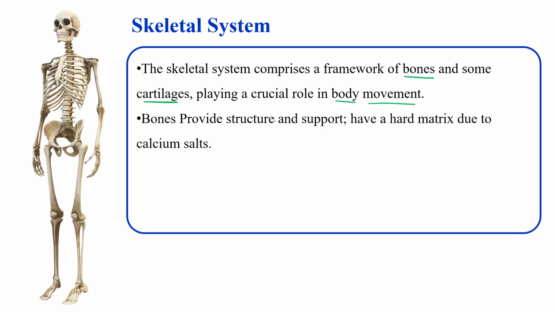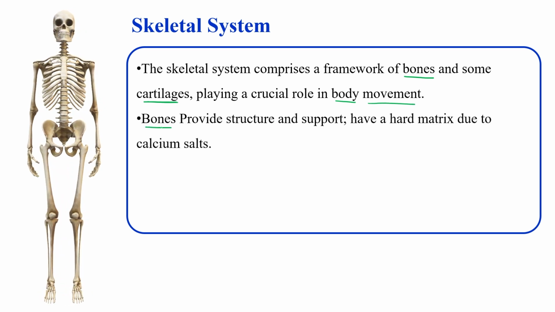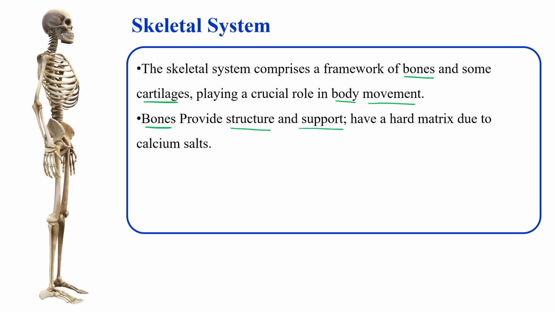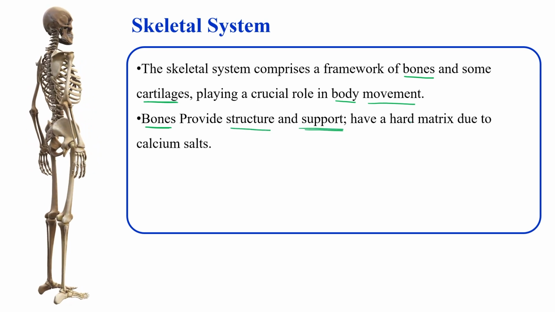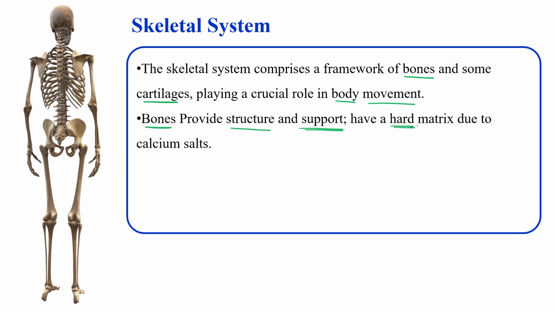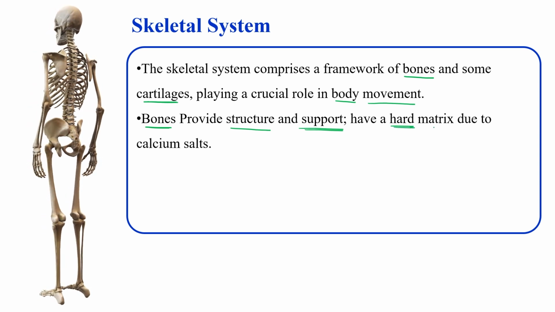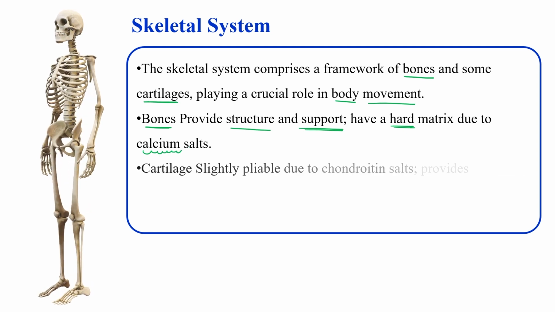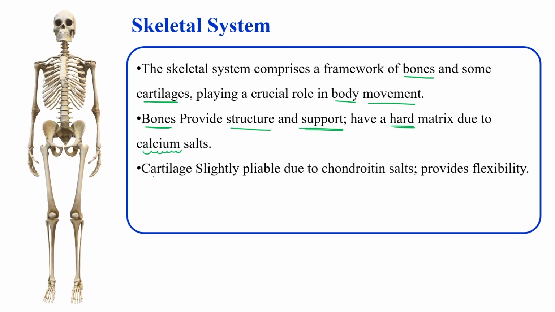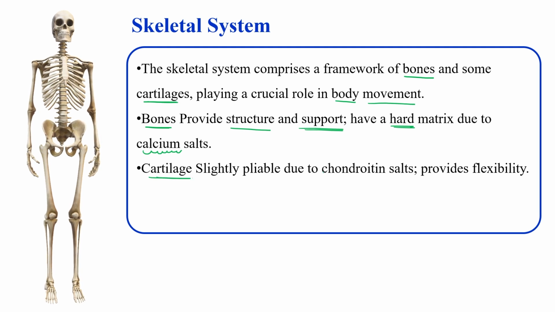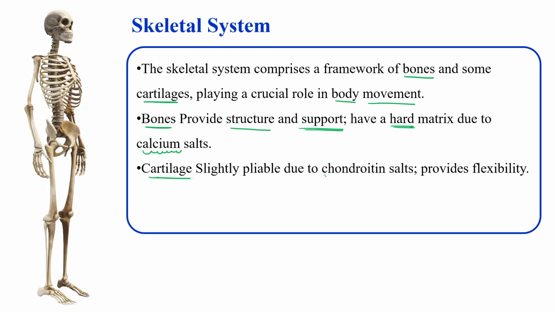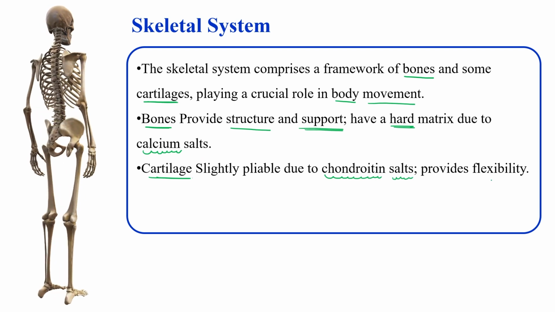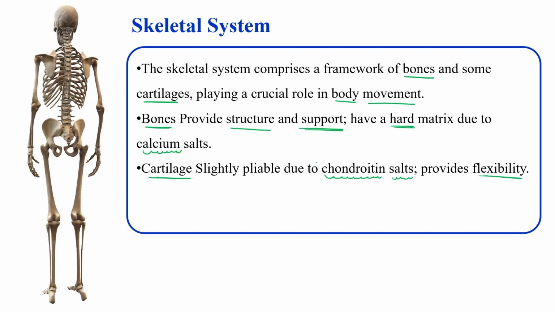Bones provide the basic structure and support of our body. They are very hard, a hard matrix is there. Why? Because of the presence of calcium salt. Cartilage is also present over here. These are slightly pliable due to chondroitin salt,